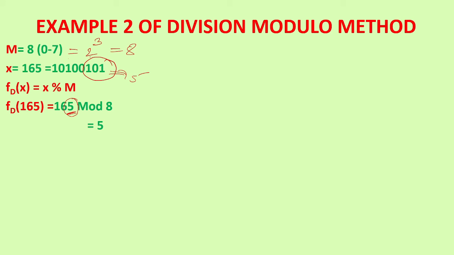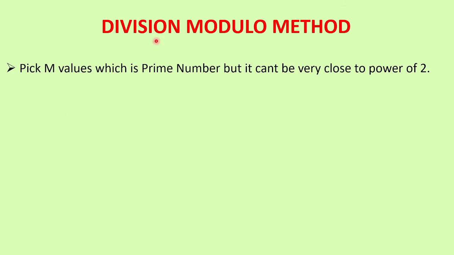Whenever the hash table size m is a power of 2, as with 8, which is 2 raised to 3, the last significant bits always become the answer. So when you use the division modulo method, try to use a prime number as the m value, that is the hash table size. Don't take a number divisible by 2 or a power of 2. Use a prime number that is not close to a power of 2, and m won't use the hash table in a biased way.